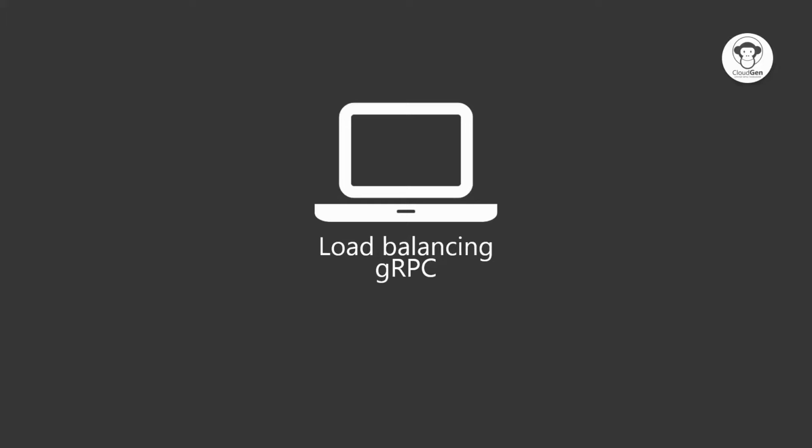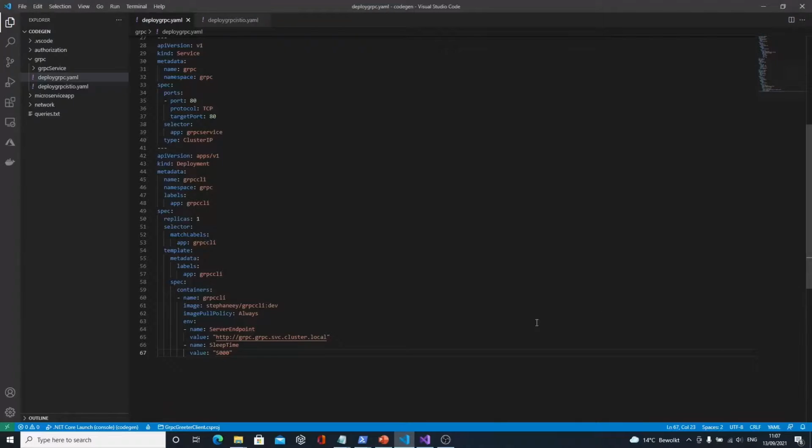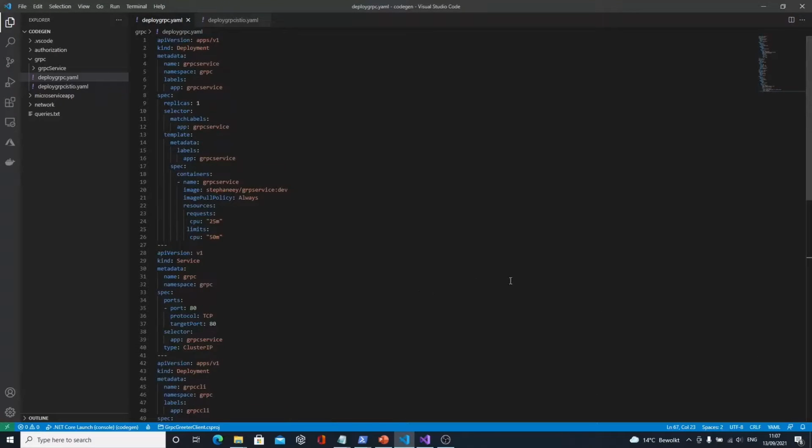Okay, folks, let's have a look at smart load balancing with an example using gRPC. Before we jump into the demo, let me first show the code of the deployment. The purpose is to show you how plain Kubernetes load balancers work with gRPC. It's an example, and then what Istio, a service mesh, can bring into the mix.